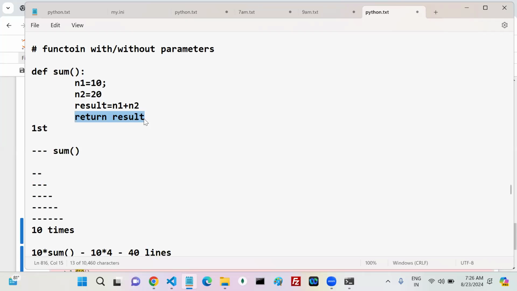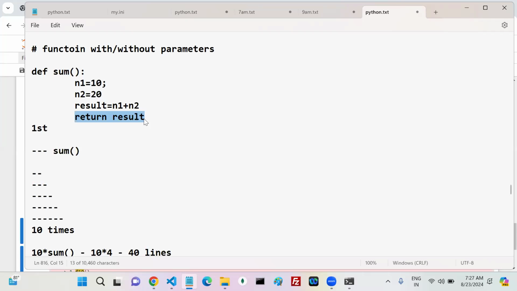That is the question. In programming languages, how can we store some data? By creating a variable, yes or no?